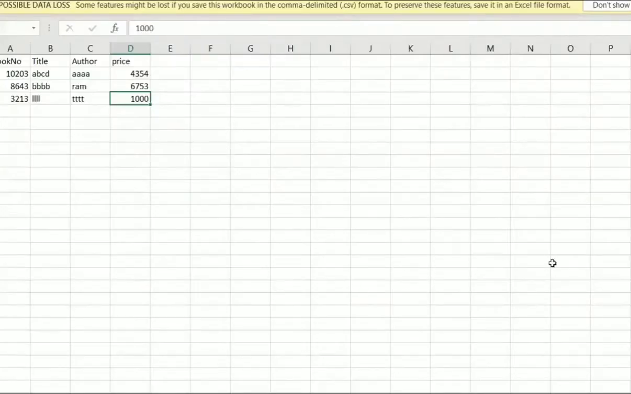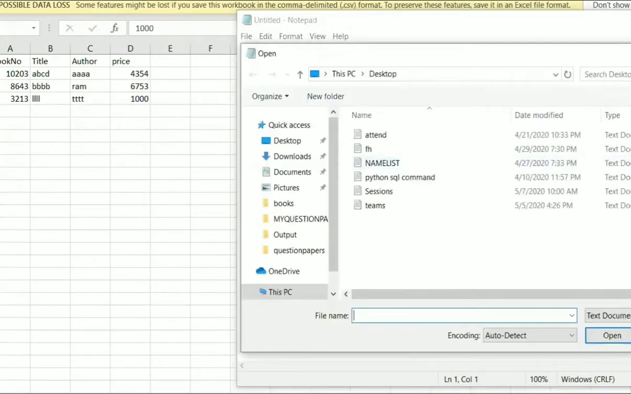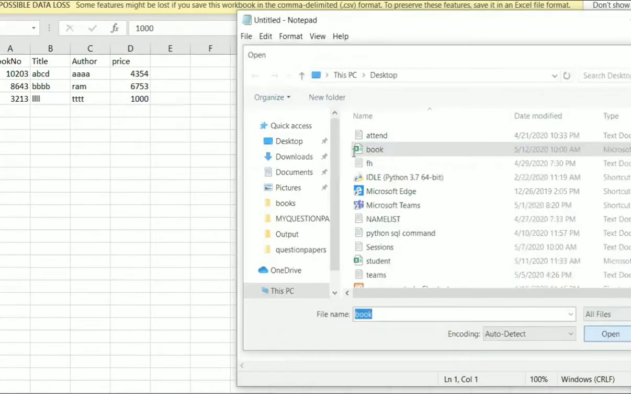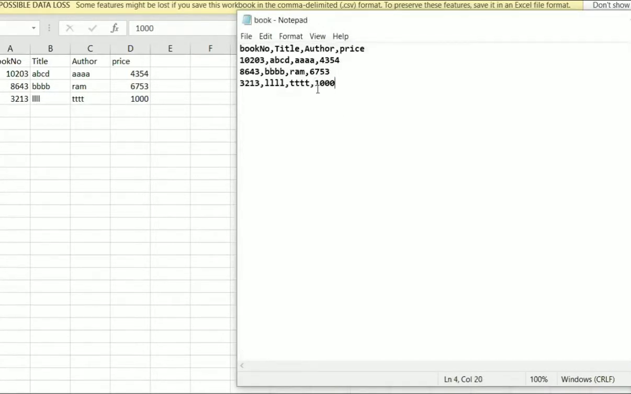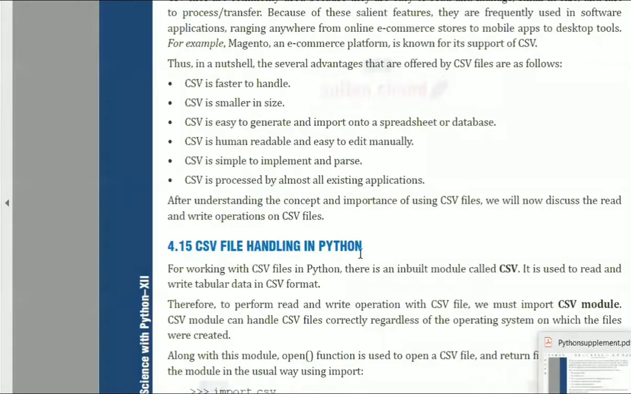Okay, I'm saving it. Now if I'm opening the file, see, it is getting changed. It is going to be easy for manual corrections also. So now we can directly move to the program and see how they are writing into the file and reading